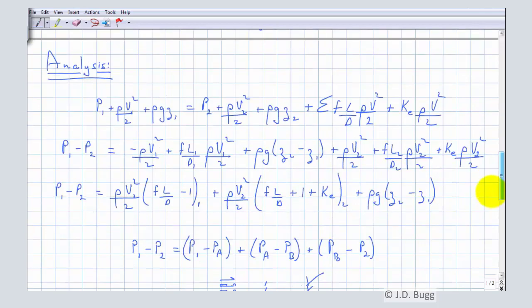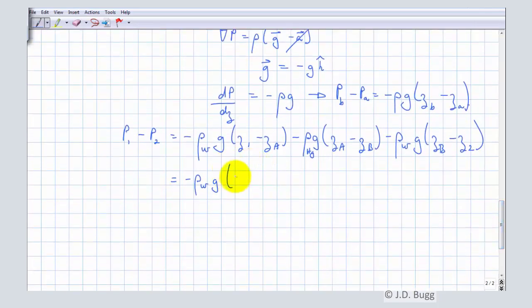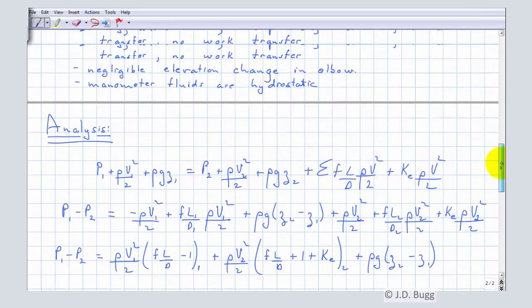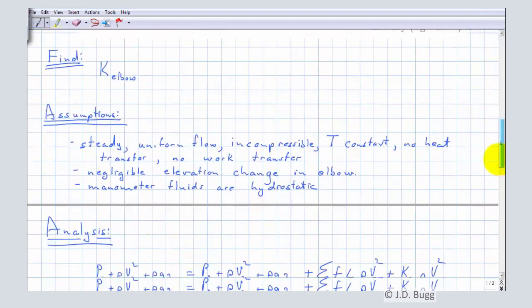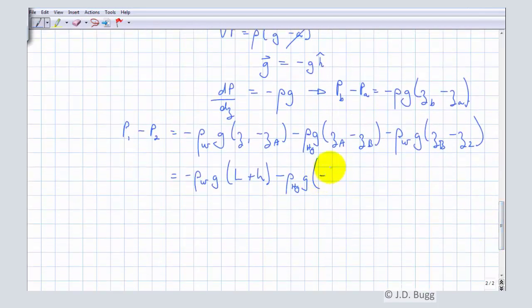So we can go down and put that in. So this is L plus H. So minus rho of mercury times G. Now we've got to look at ZA minus ZB. So ZA minus ZB, notice ZB is bigger than ZA, higher up. So ZA minus ZB is negative H. So negative H. So that's that one. And then minus rho water times G,